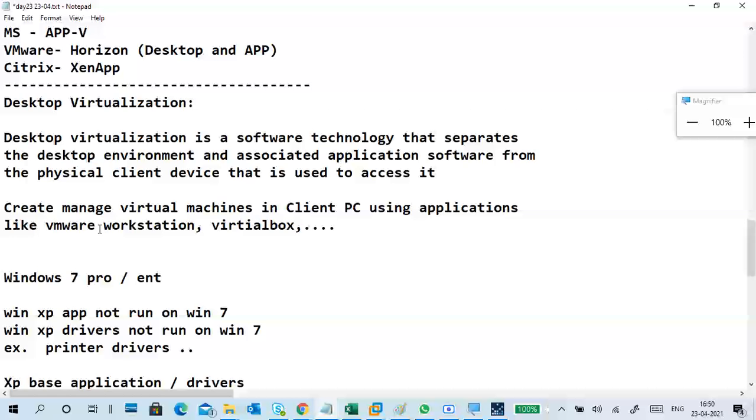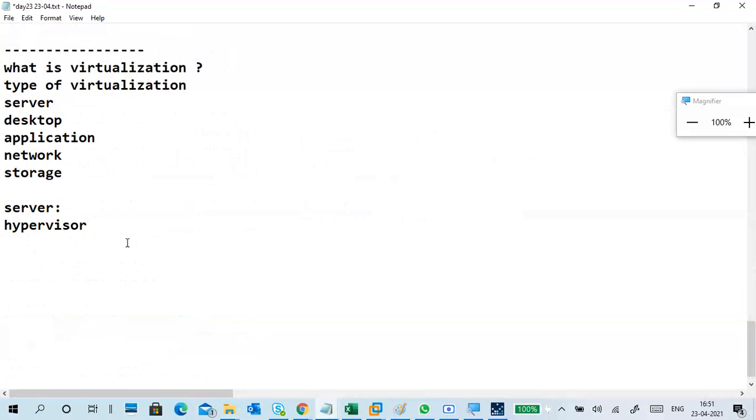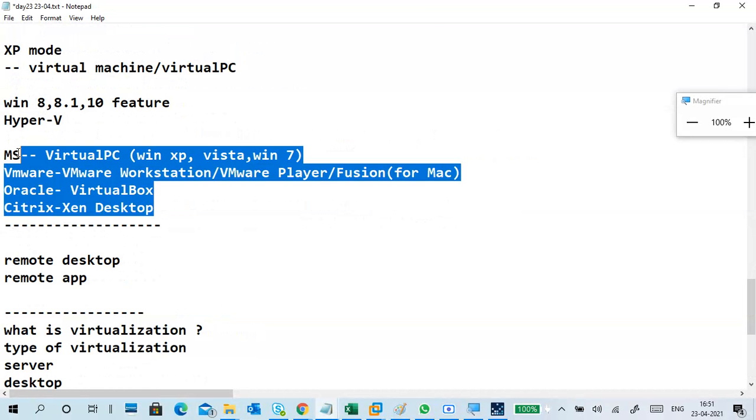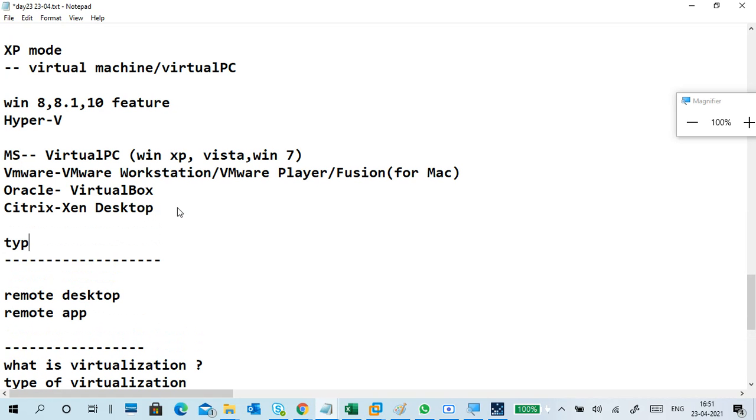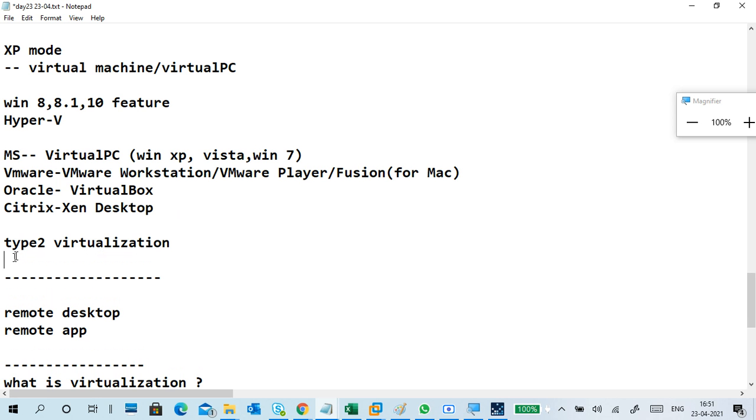Forget desktop virtualization for now. If you are using an application like this, that we call a type 2 virtualization. Type 2 virtualization.